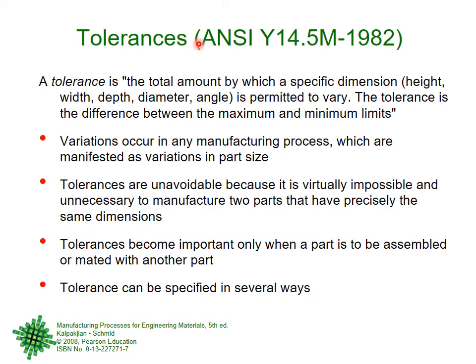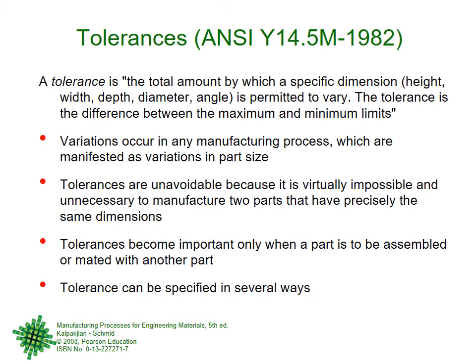ANSI, can you guess? American National Standards Institute. And this is the number of the standard. You see, everything in the engineering world is controlled by certain standards. There are big organizations in the world. The biggest now in the world is ISO, of course, International Standards Organization. But big countries that were technologically very advanced, like the USA and UK and Germany, had their own measurement standards. Like ANSI, American National Standards Institute. So all the products made by USA will have these dimensional standards from here.